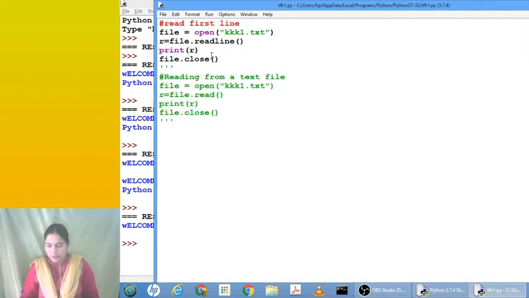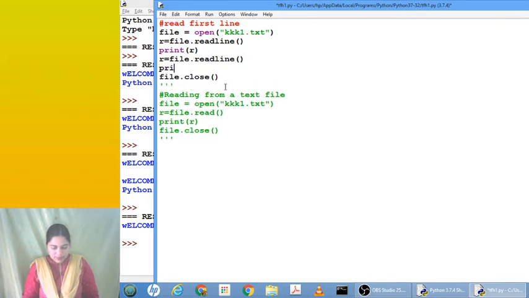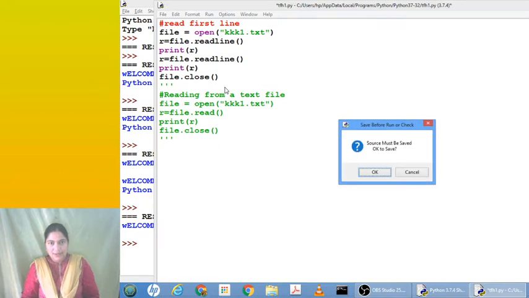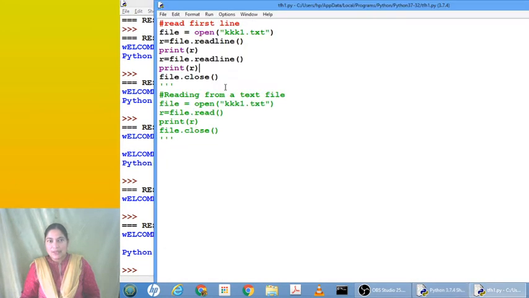If you want to retrieve one more line, now again I can call the same function, readline, one more time, and then print r. So now what will happen, you see? The same thing I have done, but now the next line will be retrieved, with this readline terminated by one new line, and then it is retrieved.